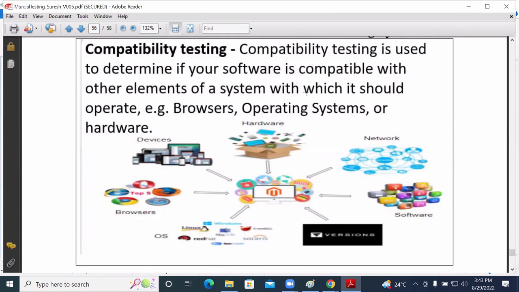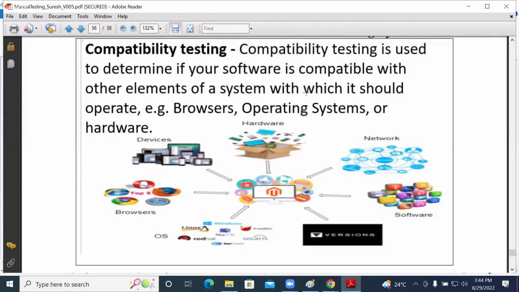In a similar way, you have one more option. What is it? Compatibility testing. What is the meaning of compatibility testing? In your mobiles or in your system, it will mention that your browser should be the latest version, or your browser version should be from this particular one, or this kind of software needs to be installed. The meaning of compatibility testing is that the application you have been testing can work for multiple